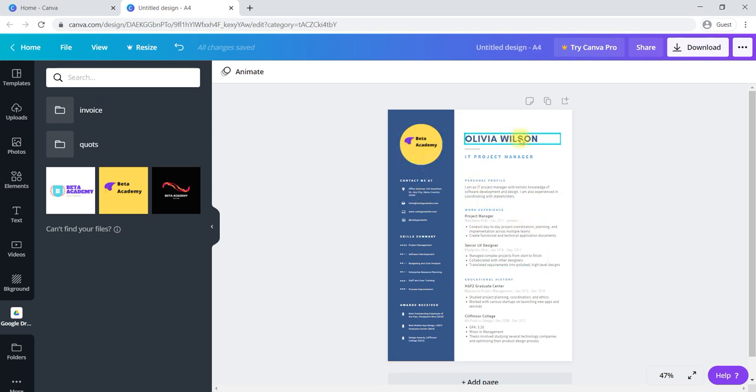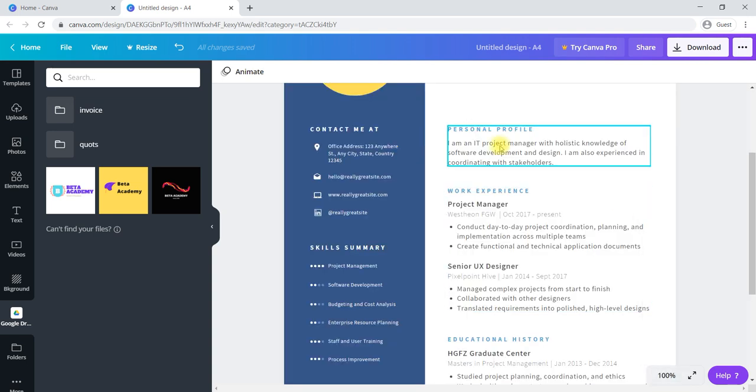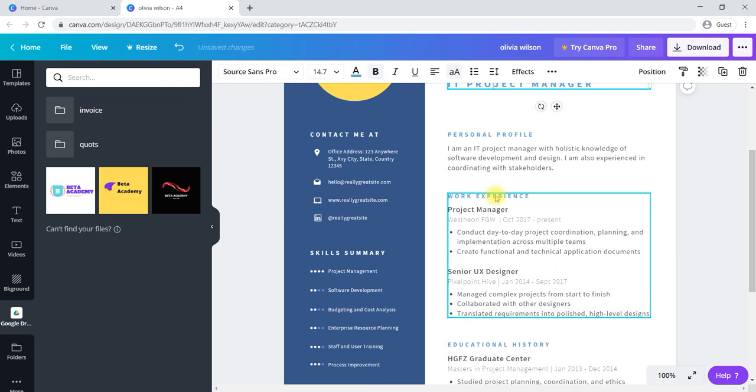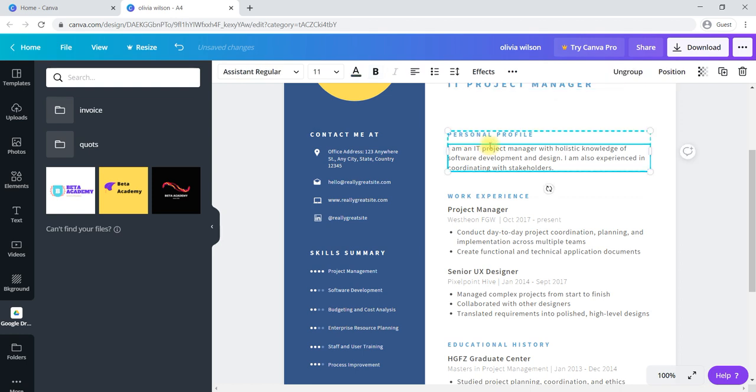Similarly, if you like to change the content, you need to zoom here, take 100%, and start creating the content. Here your name, what designation you are right now, and personal profile, like what are the things you have done so far, you can write it here.